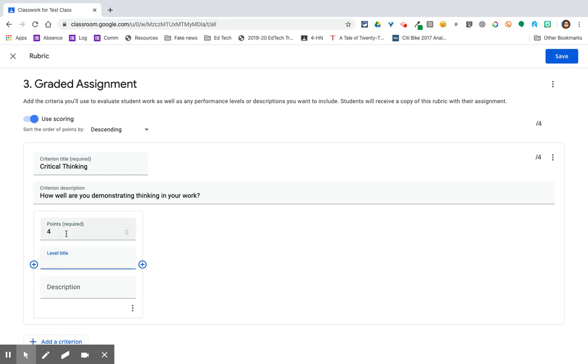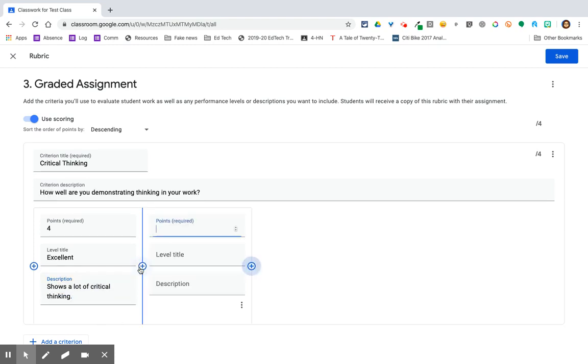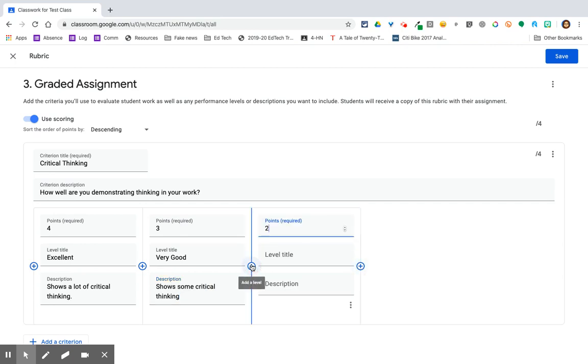I don't have to put a level title if I have points, but let's say this level title is excellent, shows a lot of critical thinking. This wording is not my finest, but okay. I can add another one. The 3 is very good, shows some critical thinking. And then I have a 2,